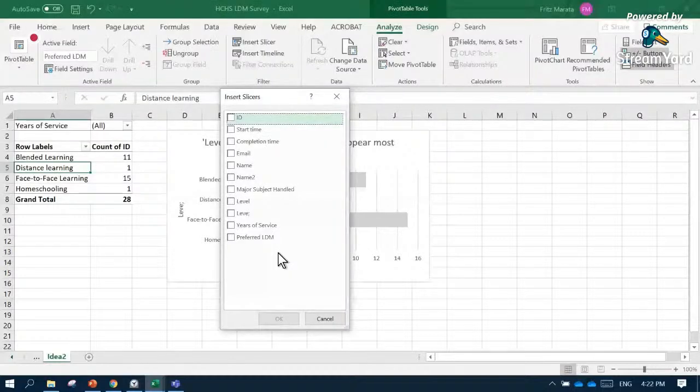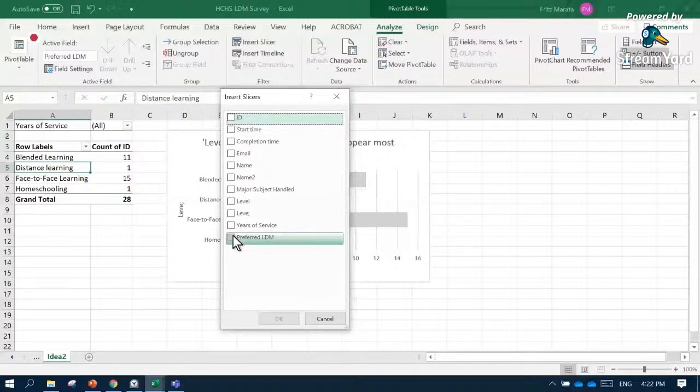We can filter the data in the pivot table, say for example, major subject handled. Let's try major subject handled there. So automatically it will detect your answers to the item major subject handled.